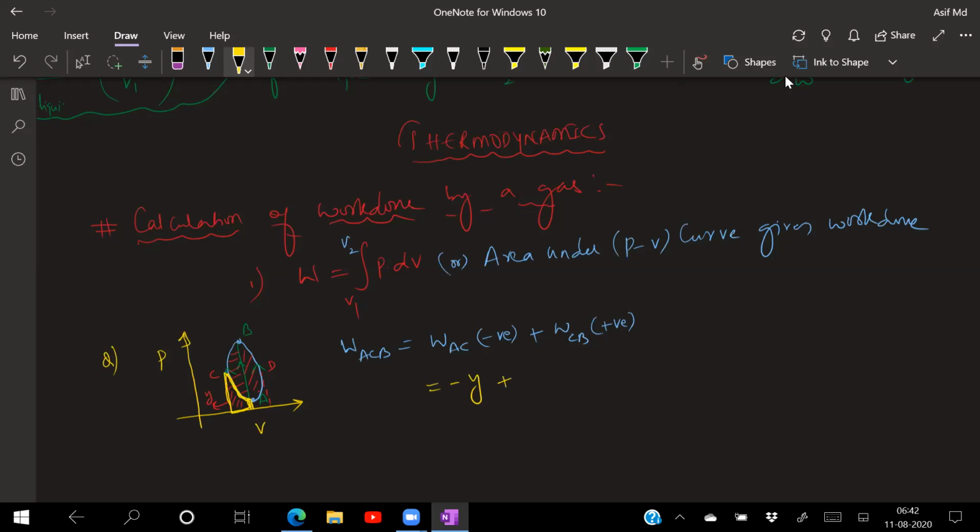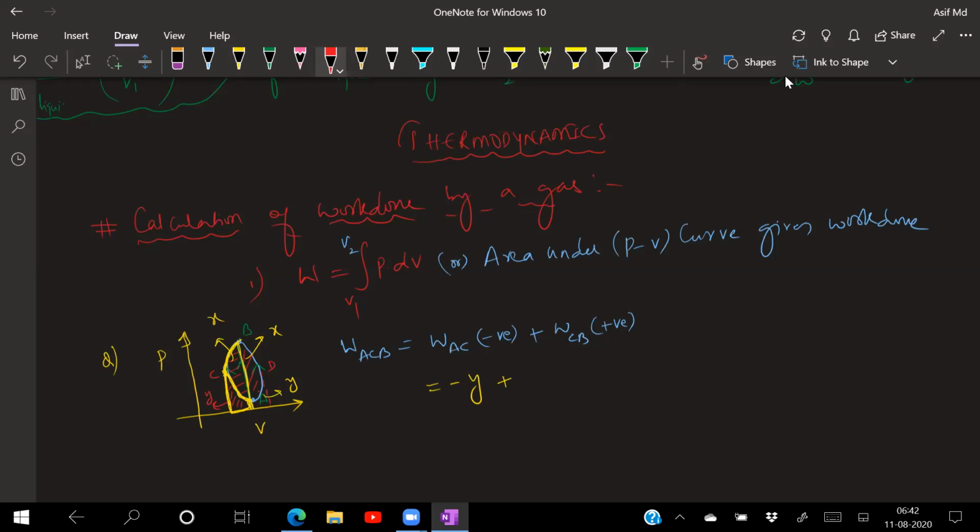Then plus, I'm going from here. For example, this work done I'm taking as X, this one is also X, and this one again is Y. Now I'm going from C to B, beta. Now C to B will be equal to how much? Can you tell me? Positive X. Positive, from C to here. Now see the diagram: from C means this one to here this one, this total area.